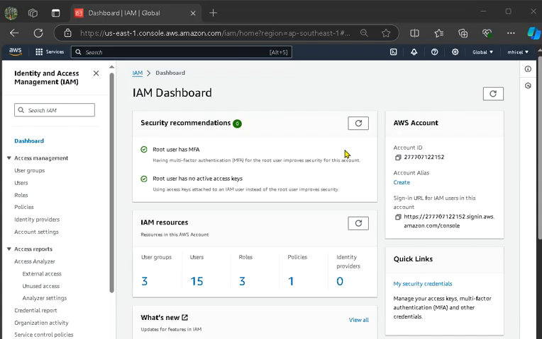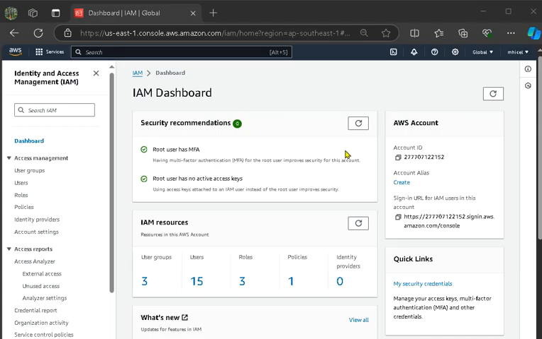you will go through the security credentials, where you can find how to enable it using any virtual MFA device like Google Authenticator or other options.